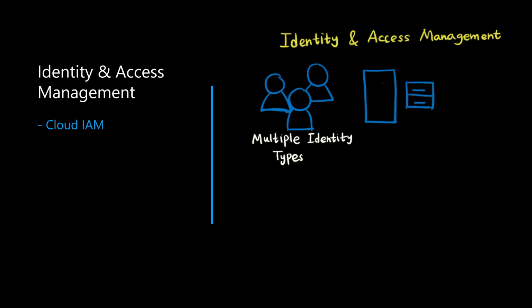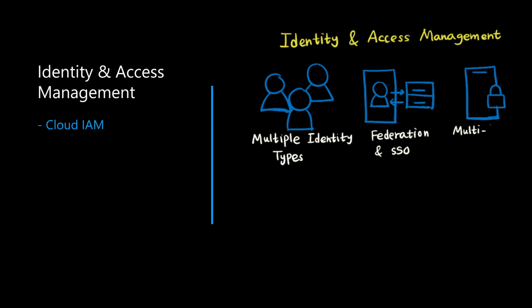Federation allows users to authenticate once and access resources across multiple systems. Multi-factor authentication adds additional verification beyond passwords. Role-based access control ensures users only have the permissions necessary for their job functions. The principle of least privilege should guide all access decisions. For your exam, understand different authentication protocols like SAML, OAuth, and OpenID Connect, and how they enable secure access to